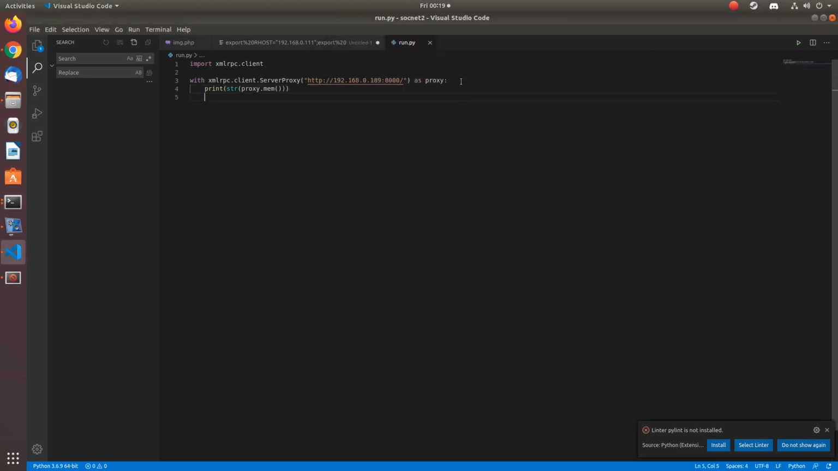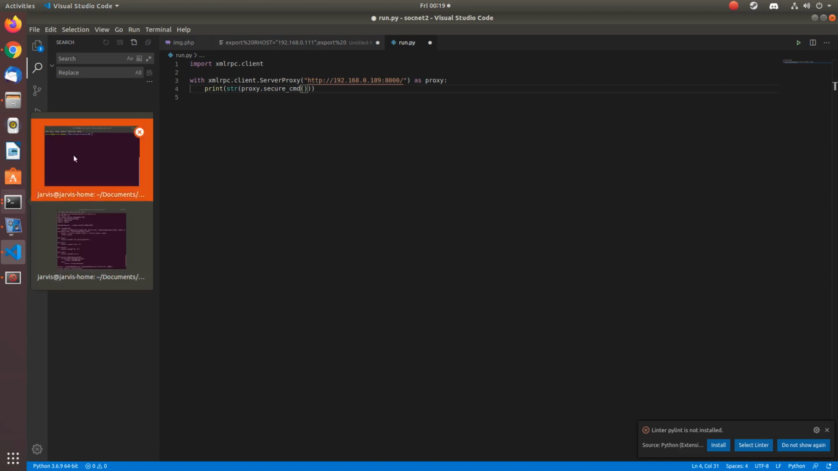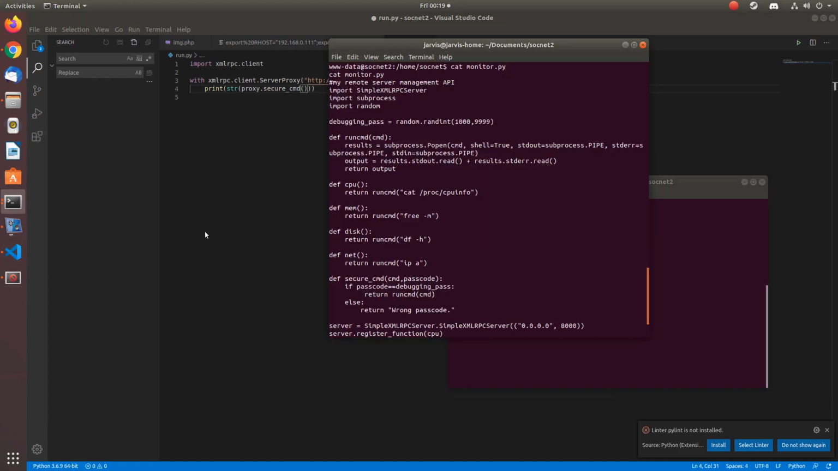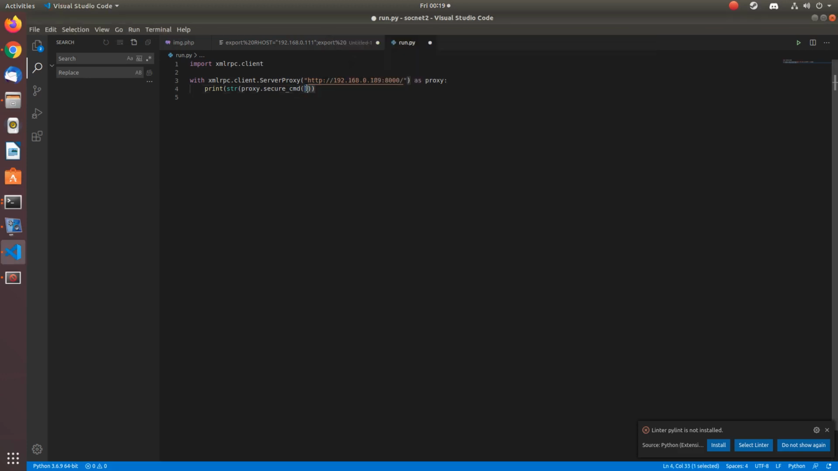Let's go to our script. Here we have to do secure command. Same, right? Where is it? Secure command with command and passcode. Command, let's put whoami, and password is password. Now let's do one thing. Call